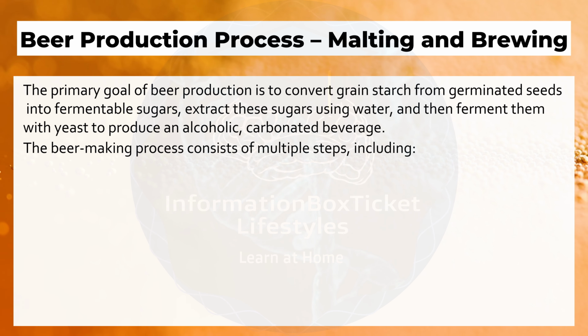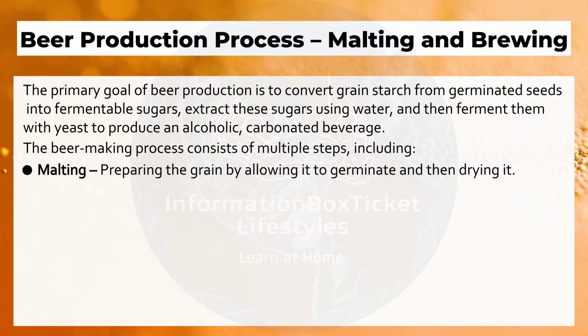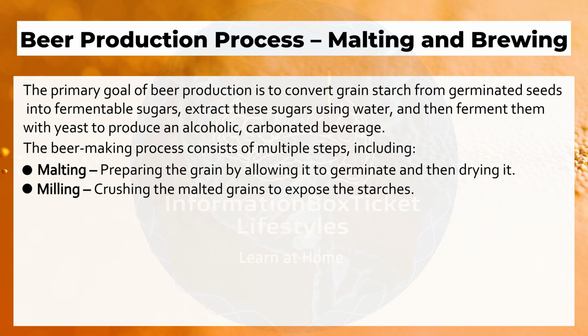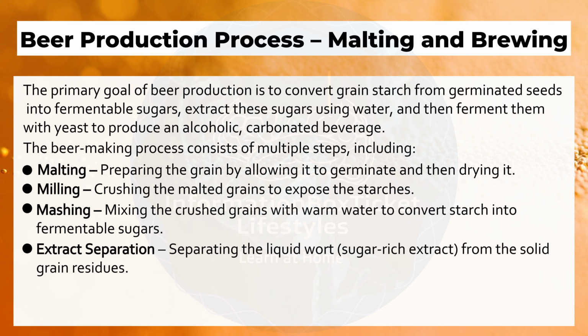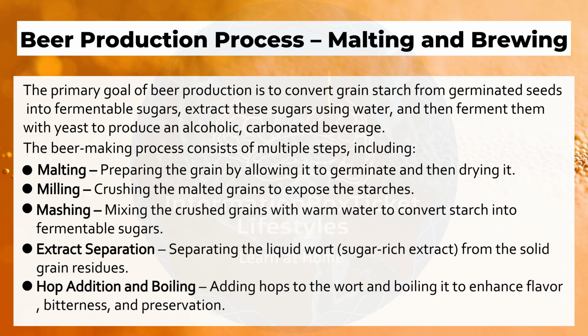The beer-making process consists of multiple steps, including malting, preparing the grain by allowing it to germinate and then drying it; milling, crushing the malted grains to expose the starches; mashing, mixing the crushed grains with warm water to convert starch into fermentable sugars; extract separation, separating the liquid wort, the sugar-rich extract, from the solid grain residues; hop addition and